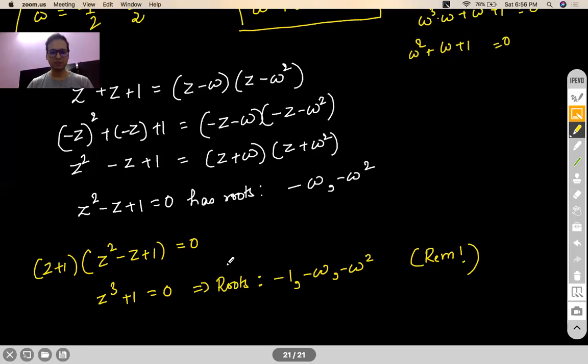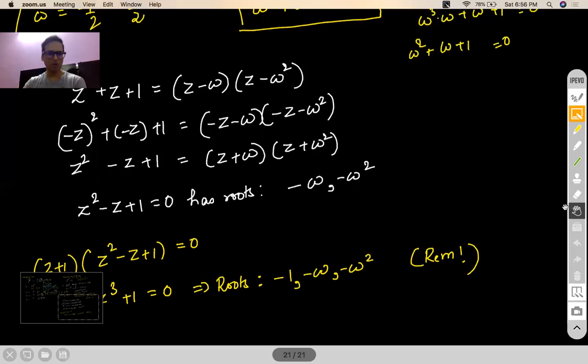Is that fine? Why minus 1 came? Because of this z plus 1 which I multiplied to both the sides. Is it fine? Any questions? Okay. Now, a lateral property that comes out from this entire exercise that we did just now in the last